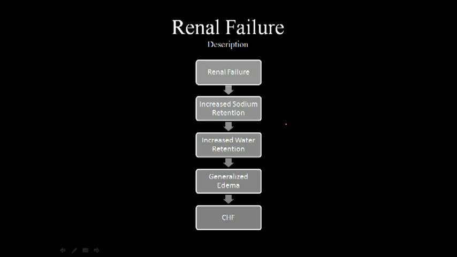So basically, the way this works is, in terms of renal failure, you have increased sodium retention, which, as we know, if you have high sodium content, it's going to cause you to want to drink or retain more water. So you retain more water, and this retention is pretty much to dilute what the sodium has done, or dilute the sodium concentrations to a normal level, which will then cause